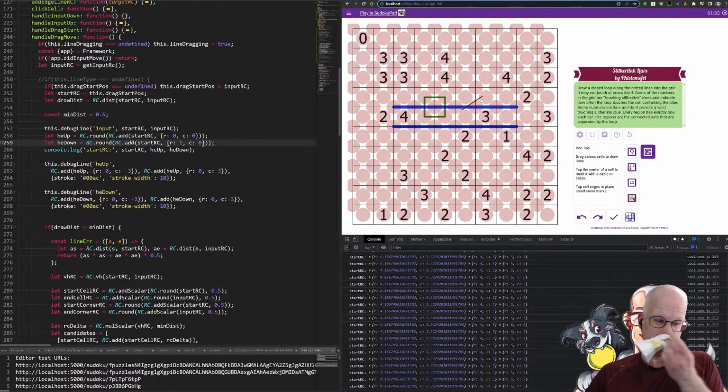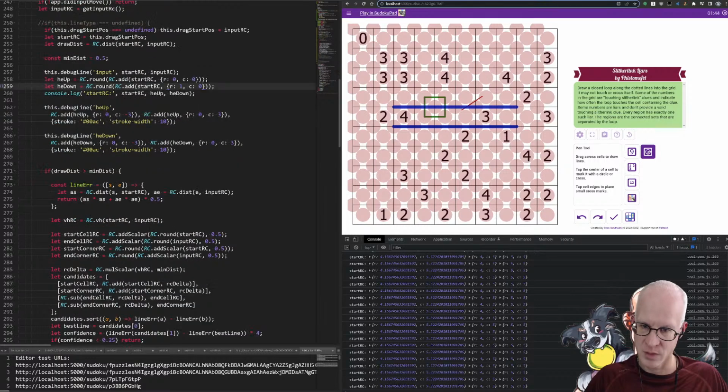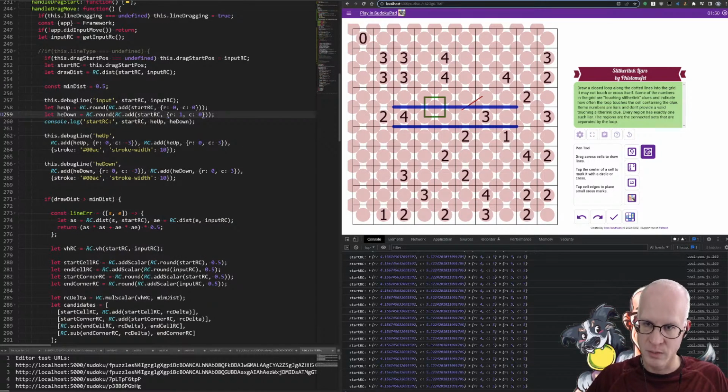Maybe we should be updating this on move. We aren't updating this on drag move. Wait a second. Yeah. Because we're only using the start input into consideration right now. Okay. So we have start RC,